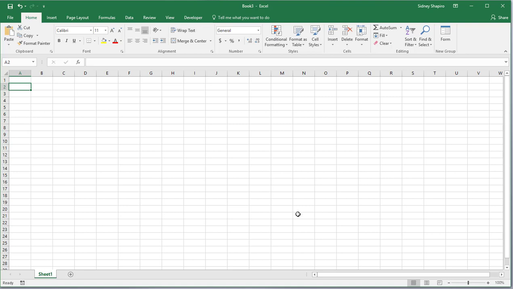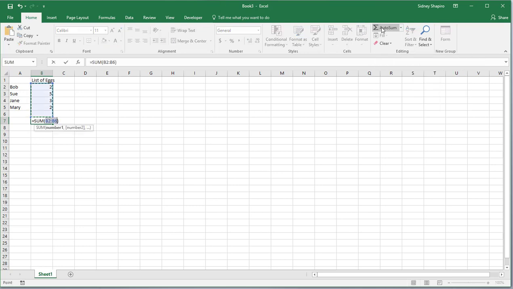Okay, so I have a list of eggs. And this is important because I need to know how many eggs to make my friends for breakfast. Bob, Sue, Jane, and Mary are coming over, and each of them requires a different number of eggs in their omelet. Okay, so I could add the numbers together, or I could just press where it says AutoSum,